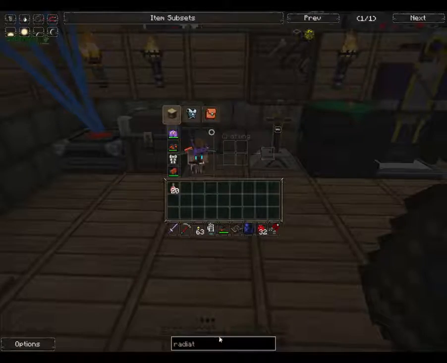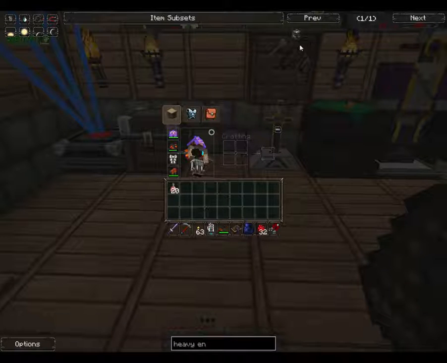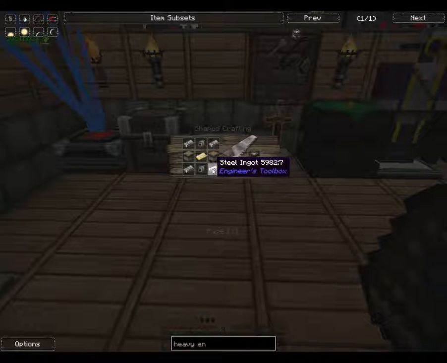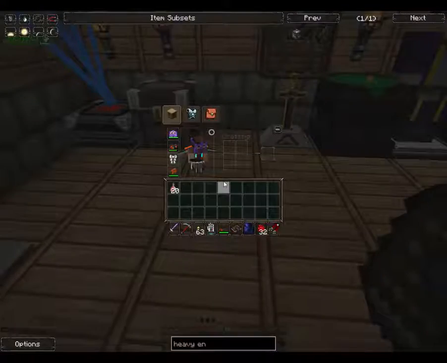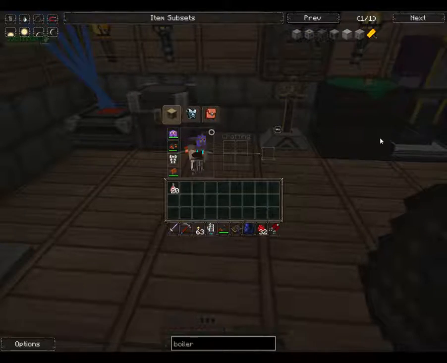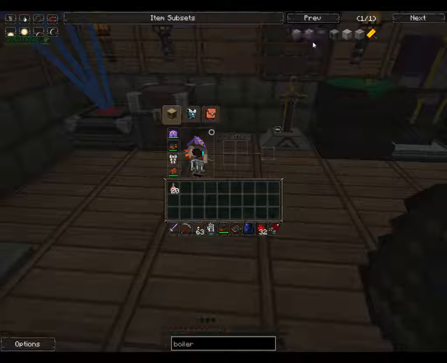So the fact that we'd be building 2 of these doesn't really matter. And the heavy engineering blocks are actually really irritating to craft because they require a lot of steel. I was going to use a word that I really shouldn't use, but anyway. The alternate option is boilers, and boilers are good and bad. A large high pressure